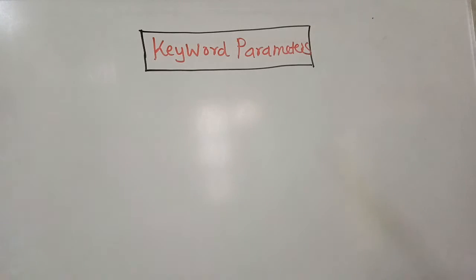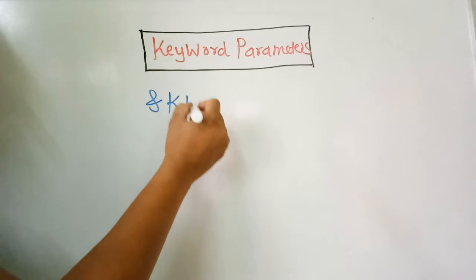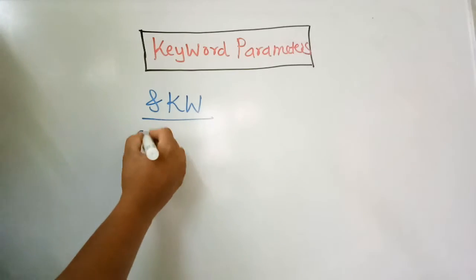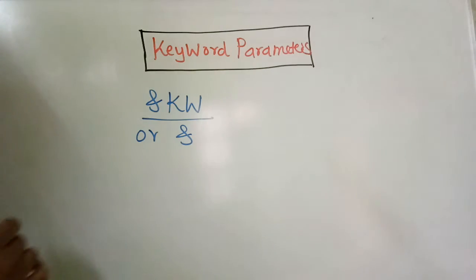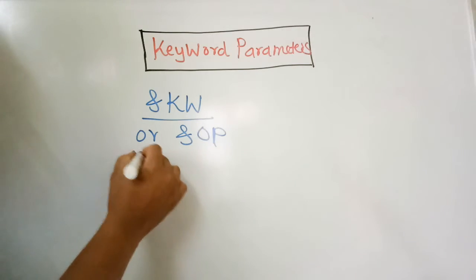In this video, we will cover the next type of parameter, known as a keyword parameter. What does it mean? A keyword formal parameter starts with the ampersand symbol. This is the basic mechanism of using the keyword parameter, either with a string, or we can write &OP, where OP means operator keyword, or we can write